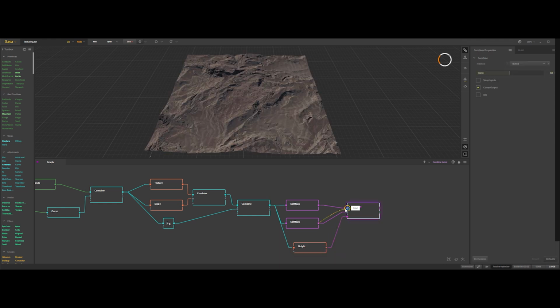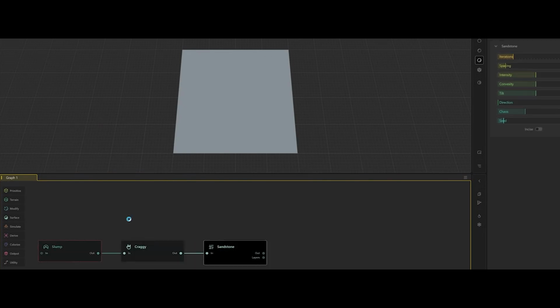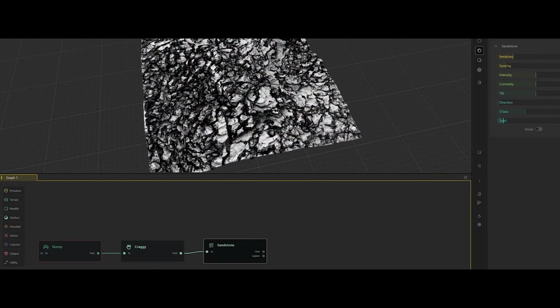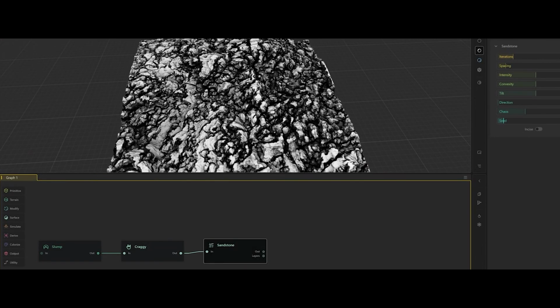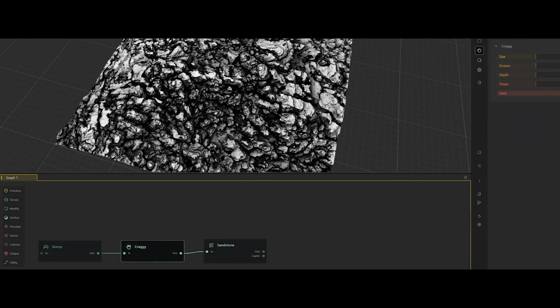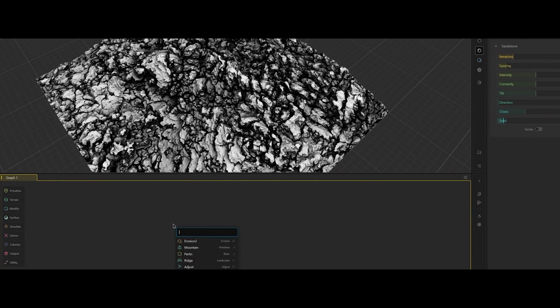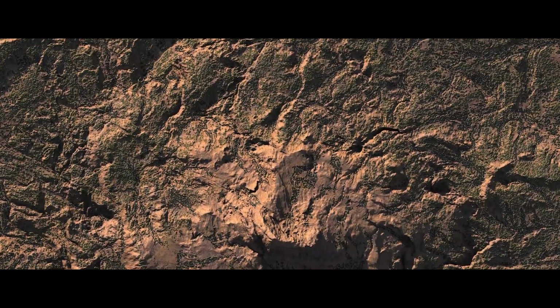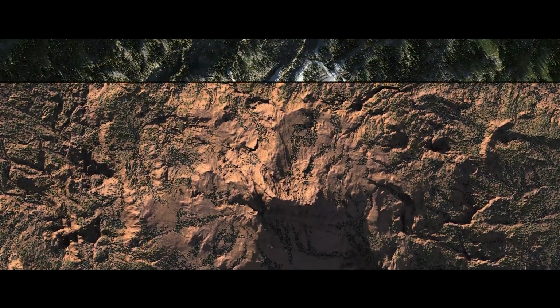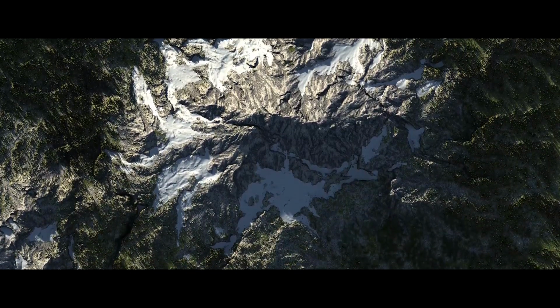And here's what makes Gaia truly next level. It's procedural, non-destructive, and completely artist-friendly. Gaia 2.0 takes it even further with a revamped engine and a reimagined workflow that separates terrain shaping from surface and look development. It's no wonder this tool has become the most loved terrain software in the game. Now that you know why Gaia's the GOAT, let's put it to the test and see how to build stunning terrains step by step. Don't miss it.